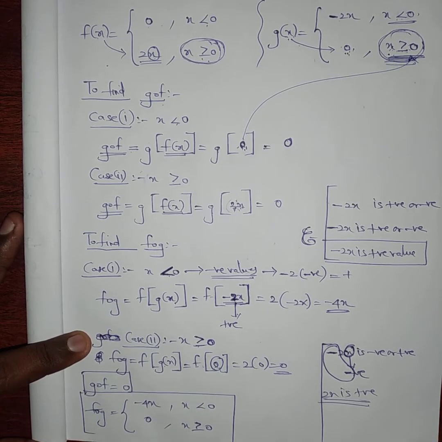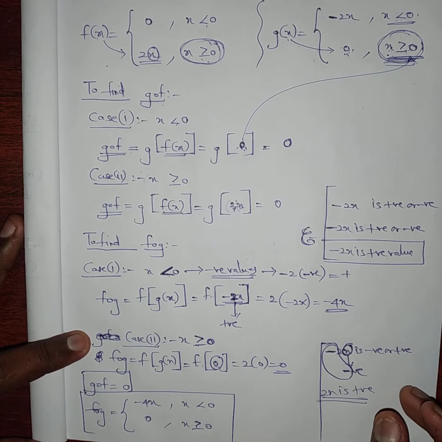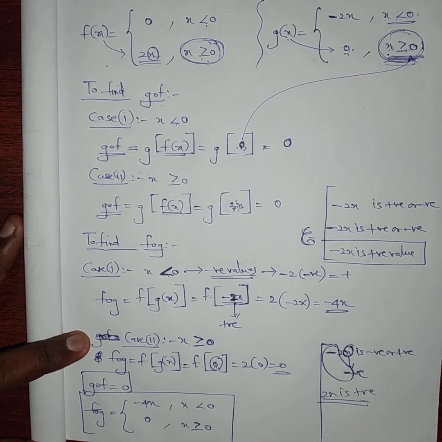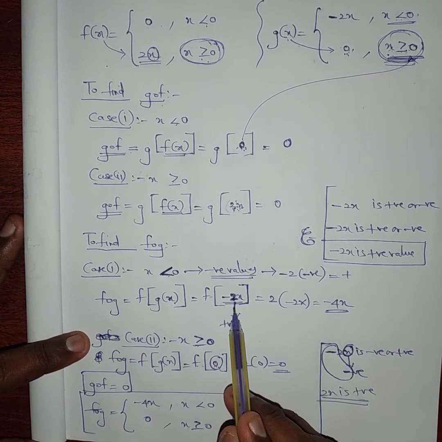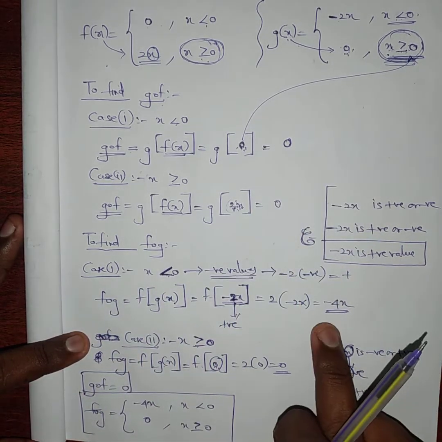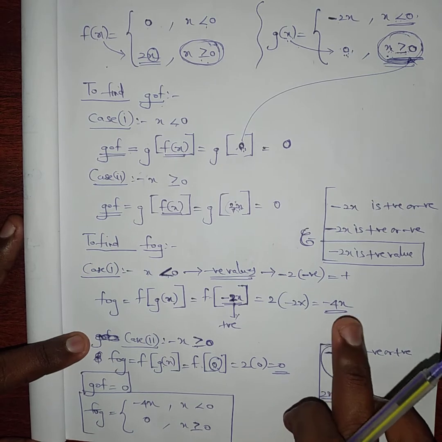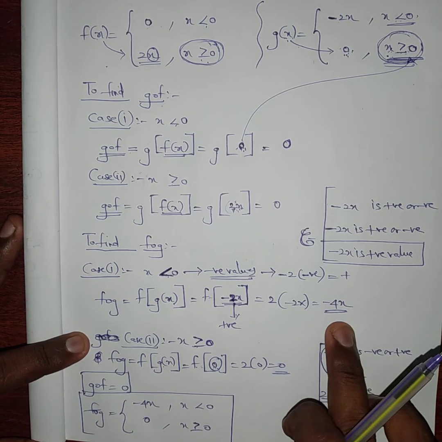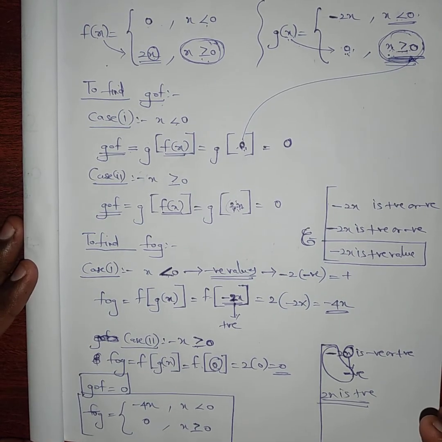But students, in the textbook the answer is in a somewhat different way, but this is the correct answer. So this is the important thing I need to teach you. This all will be 0, no problem. This will become minus 4x. This is written in the back answer as 0, but not 0, this is minus x. From this we finish the sum. Thank you.